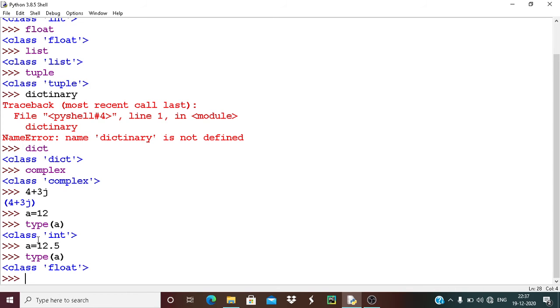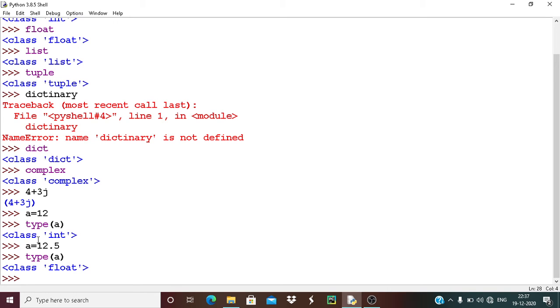In Python, all objects are immutable. When a refers to 12.5, at this time the 12 object is deleted or flushed out when its reference count is 0. So it means that a is a variable. At first, a is a variable. It will be pointing to 12. When I say that it will be pointing to both objects at a time,